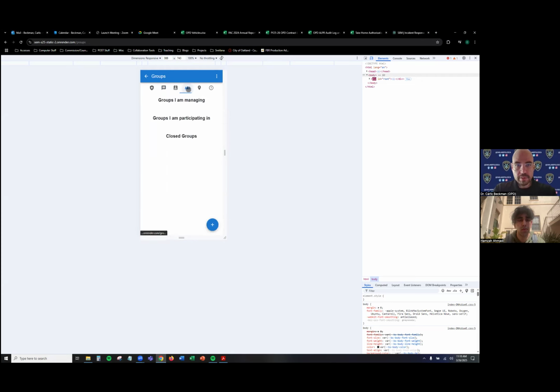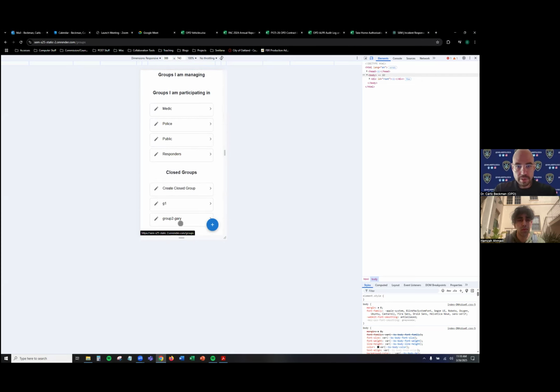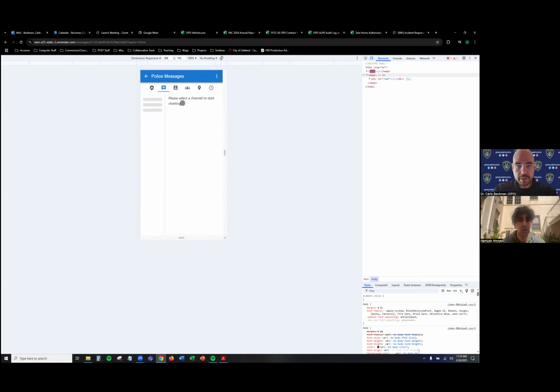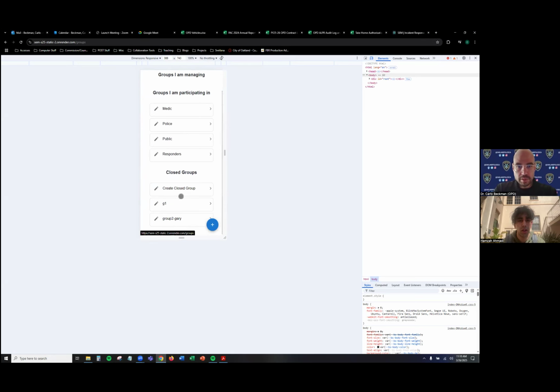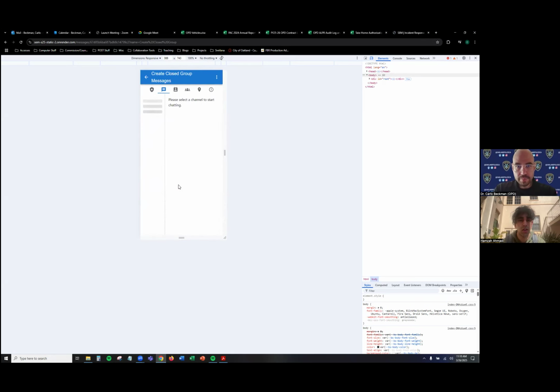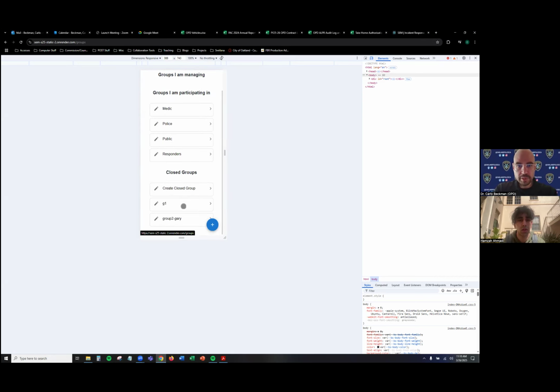Okay, so this looks like user management. Groups I'm participating in. I'm not managing any groups. All right. So if it's a closed group and I'm not invited to it, I probably shouldn't be able to click through to it, unless it's a closed, or is it the assumption that it's a group that I created and closed? So I believe these are groups that somebody added the first responder category you're a part of too. Okay, somebody probably added all the police and then they ended up closing the group.